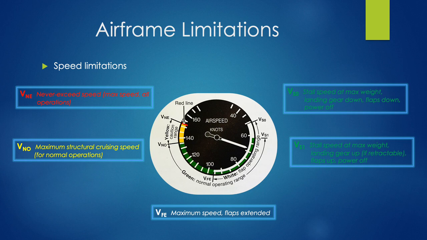So at the lower end of the spectrum, if we fly too slow, we could get near the stall speed, and that's the speed at which the wing will stall and then not create enough lift to fly the aircraft. So we don't want to get below that